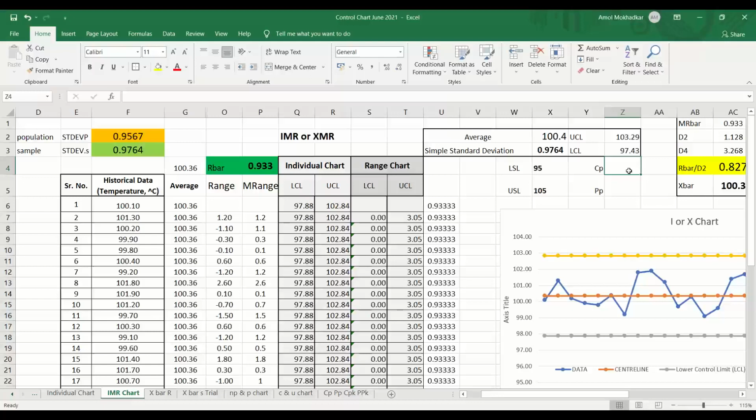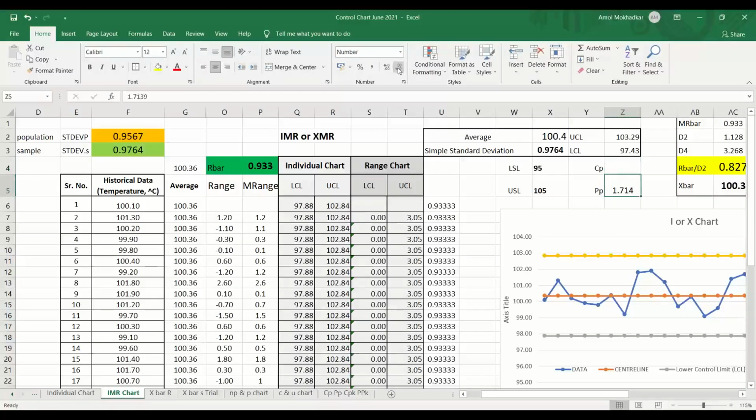For the PP, sir, it is 1.739. And sir, the CP value is already calculated, no? No, that was different.